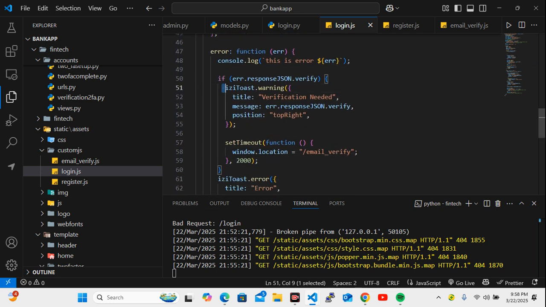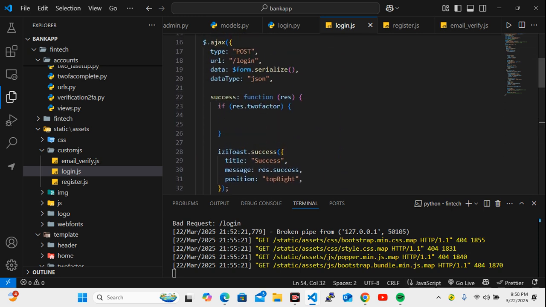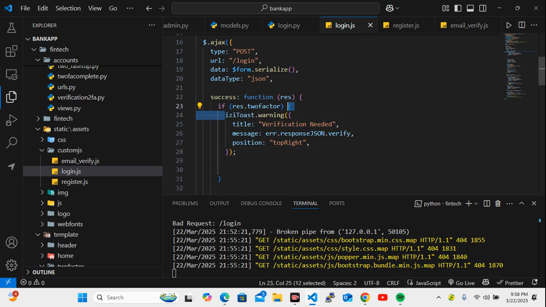So I'll grab the error here. So put in this. If that is true, then verification needed. Then I'm going to pass in this response to two-factor authenticator. So that will give us